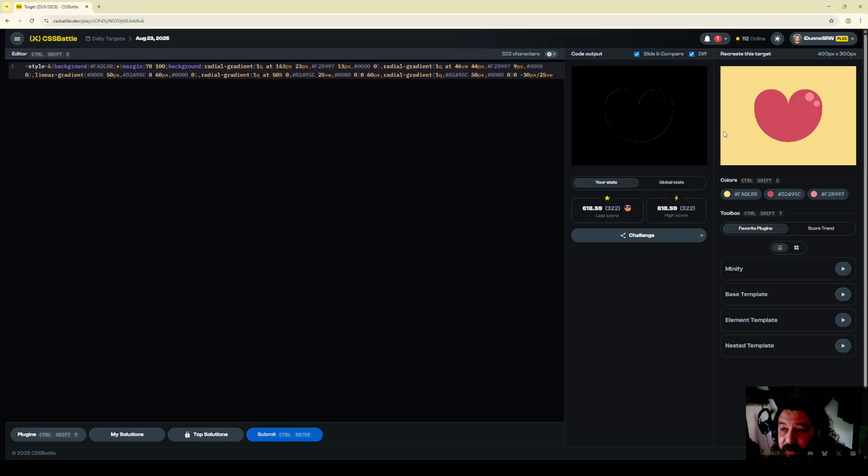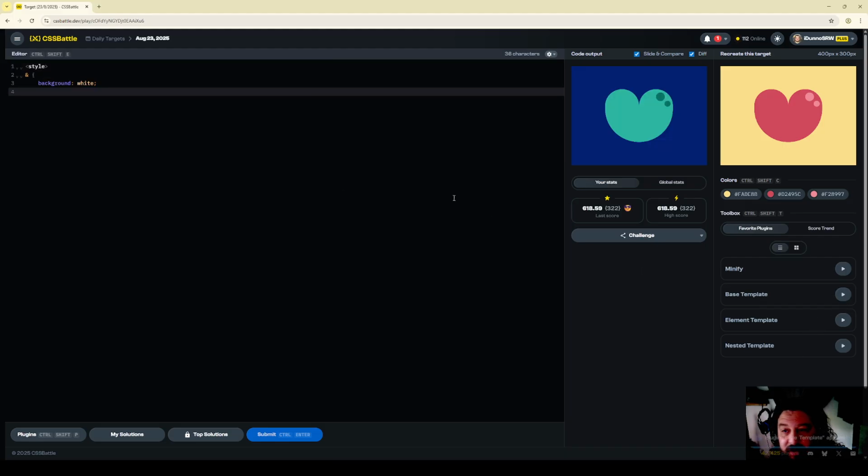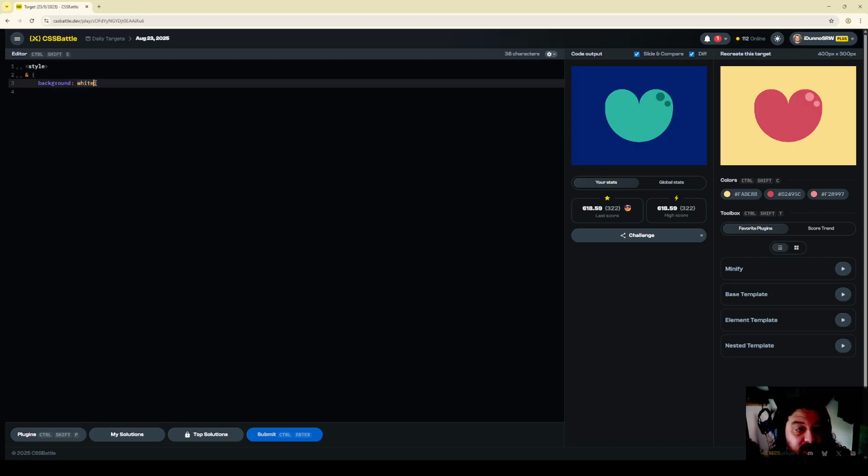We could make those into elements. We could have an element and a drop shadow for that, and an element for this. So yeah, let's try doing this off of a base template and start from the beginning. So number one, let's make that background this,